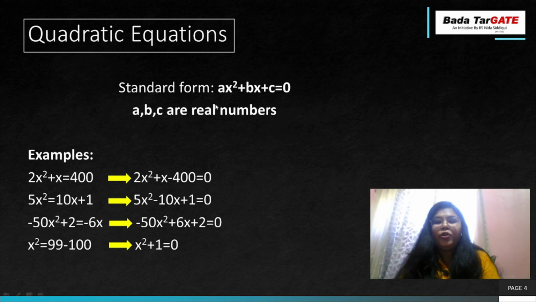I told you in the quadratic equation a can't be 0, but b or c can be 0. Here in this equation, b is equal to 0. We have the term with a, that is 1, then c will be 1, and b is equal to 0. It is one of the quadratic equations. You will get the roots over here.